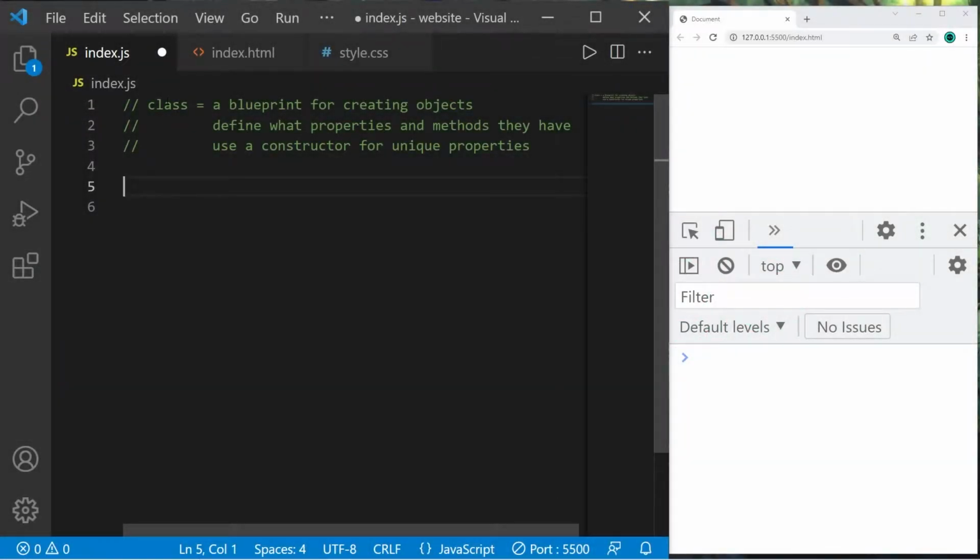Hey everybody, in this video I'm going to explain classes. A class is a blueprint for creating objects. Within a class, we can define what properties and methods that type of object should have. And they typically contain a constructor to assign some unique properties, but we're going to focus on constructors in the